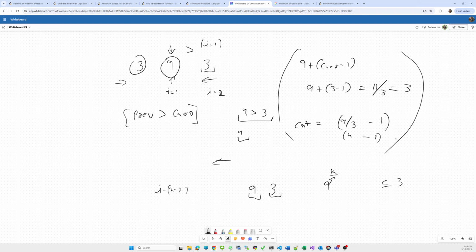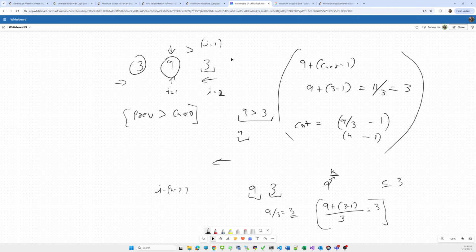This is our need. How can we achieve this? We take the 9 and add 3 minus 1, then divide by 3, which gives 3. So we can partition it into 3 parts, and the value of each is 9 by 3, which is 3, so 3 3 3.